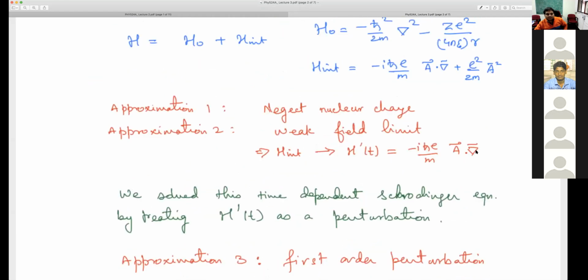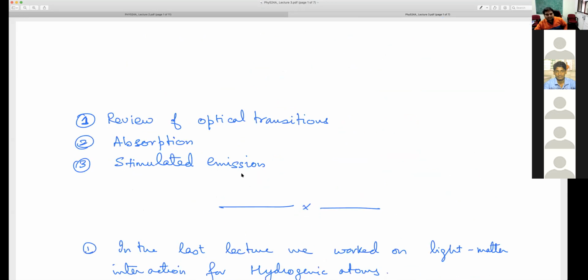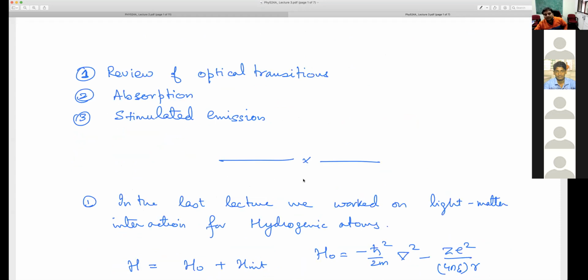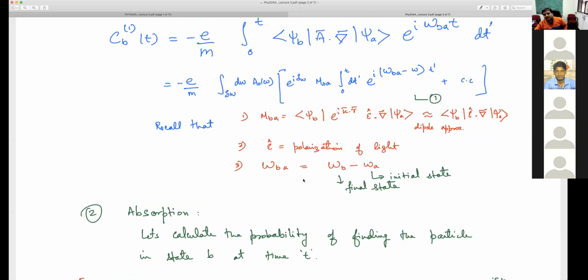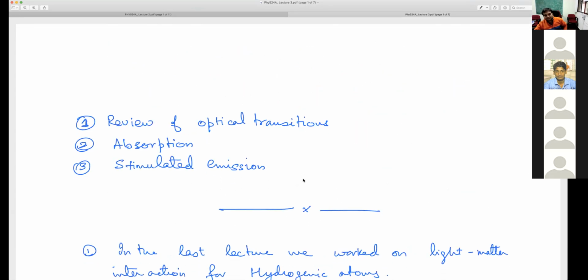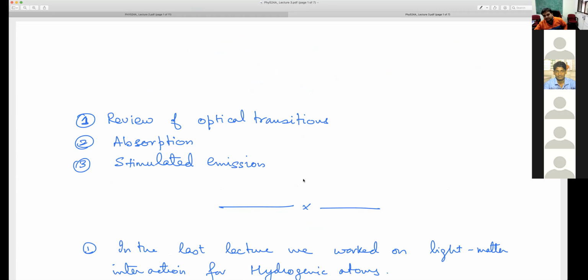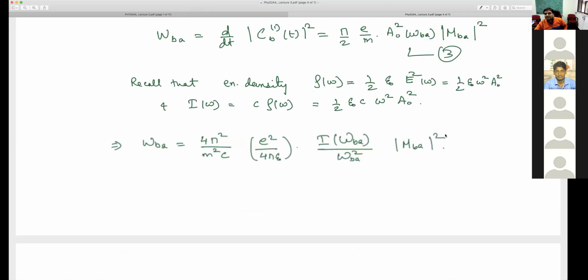We'll resume in the next class with some more discussion on stimulated emission and absorption, Einstein's theory of the detailed balance condition, and then we will go to the density matrix formulation of the same thing. Once that is complete, we will go into more detail about atoms: symmetries, levels, spins, spin splitting, hyperfine splitting, and all those things. If there are no other questions, let's stop here.